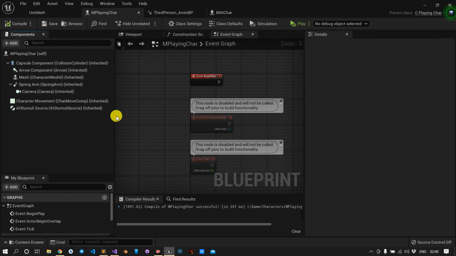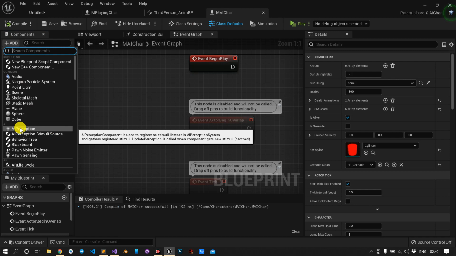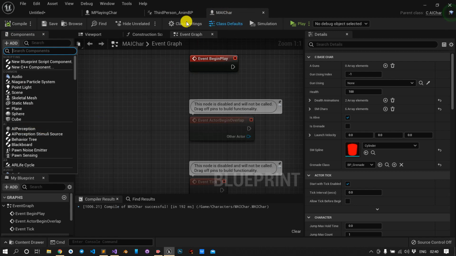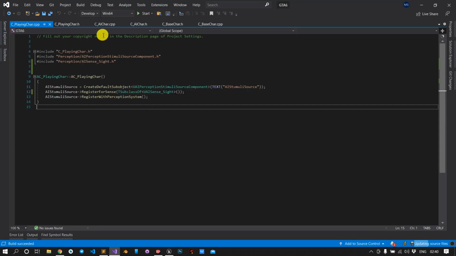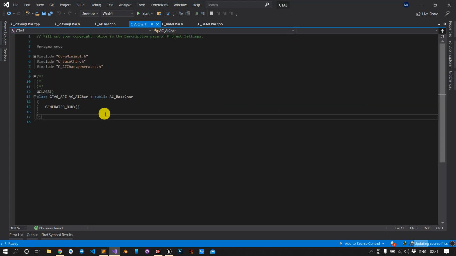So for the next thing, we have registered the stimuli source. Next, we have to include the AI perception in the AI characters. So for that, just go to the AI character and the header file, and here first we will create some variable, the public UPROPERTY,